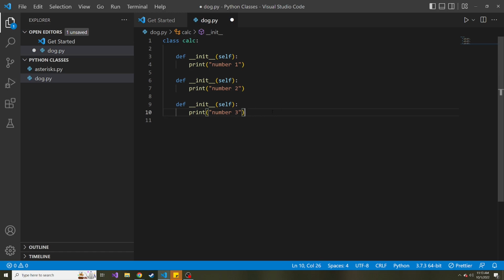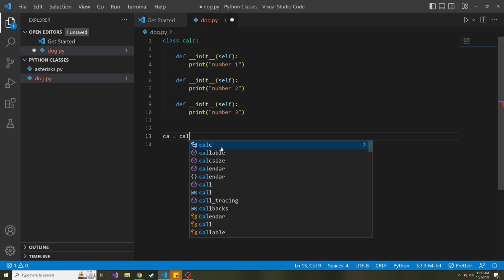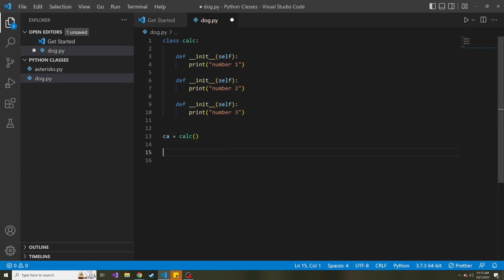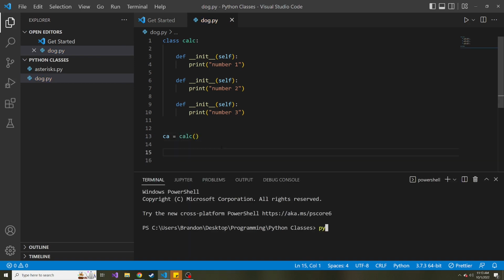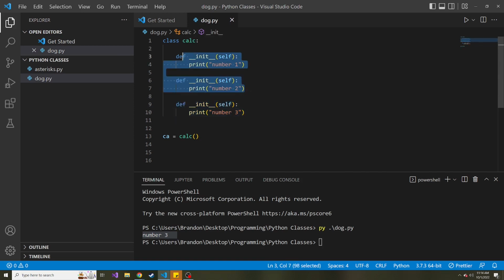How do we know which one of these gets run? Well, in Python, what actually gets run is the very last constructor, which ends up overwriting all of the previous. So if I create a new object, CA is going to be equal to a new calc object. Let's save this and run, and watch it print out number 3. And just ignore that this file is called dog. That was from our previous class video. And here we go. It ends up running the last init method because this one will overwrite any previous init